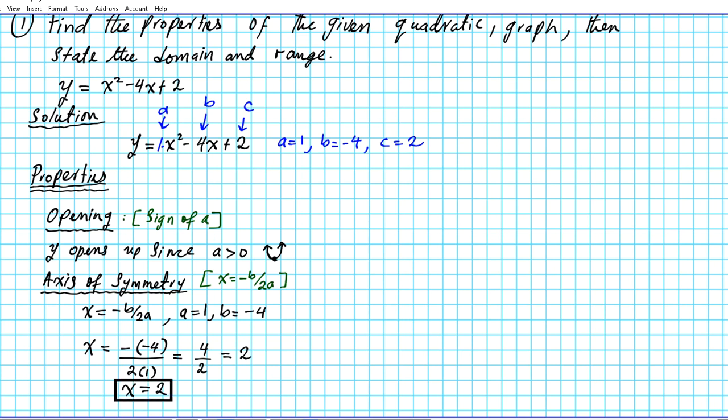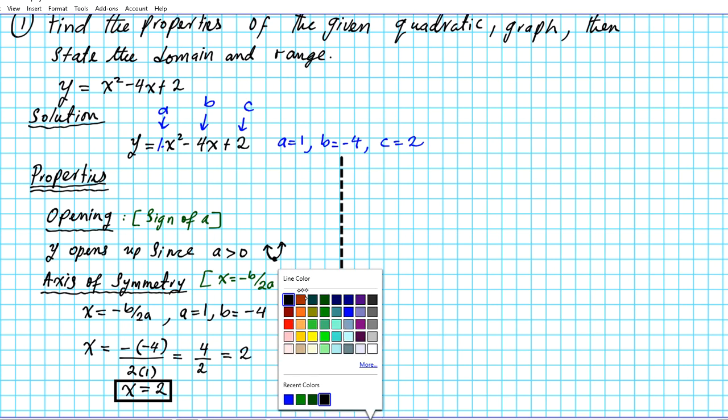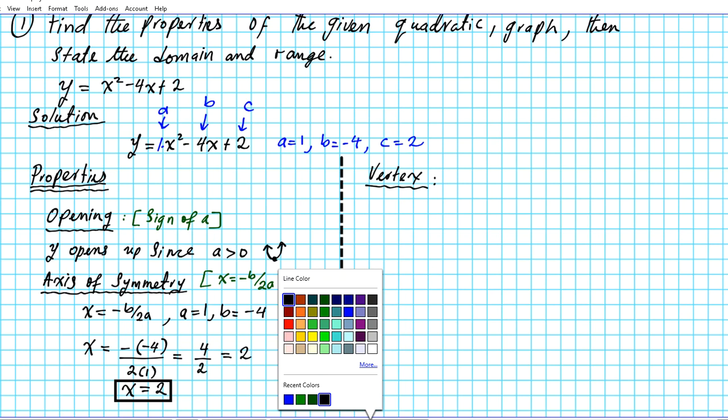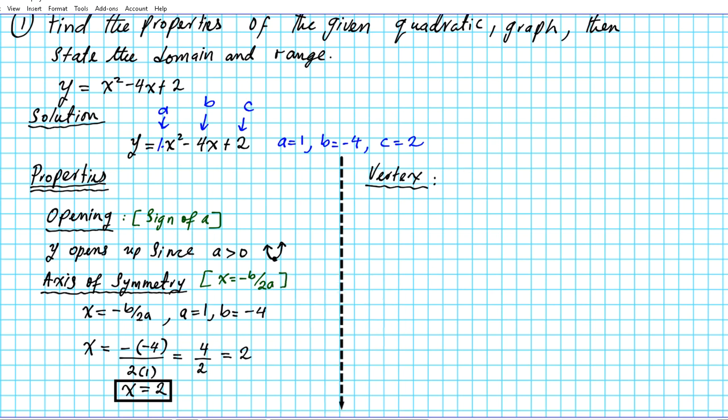Alright, the next property we're going to find to help us draw the graph is the vertex. Okay, so what is the vertex of our quadratic function? Well, let's figure it out. Now, to find the vertex of our quadratic function, we are going to be using the following formula. So the vertex is given by the formula negative b over 2a,